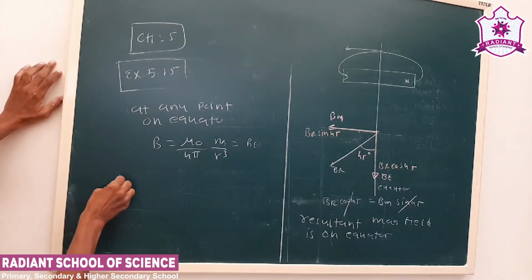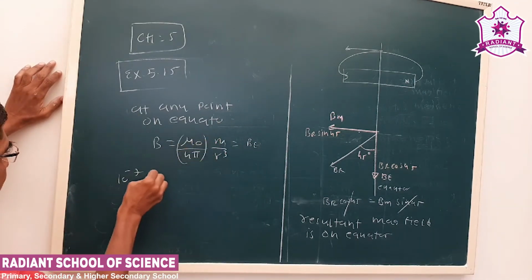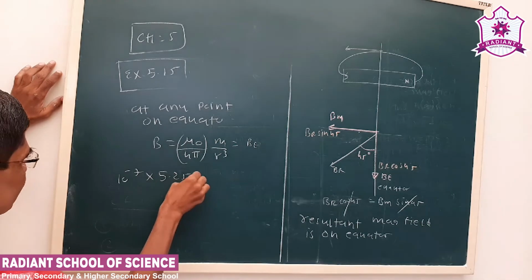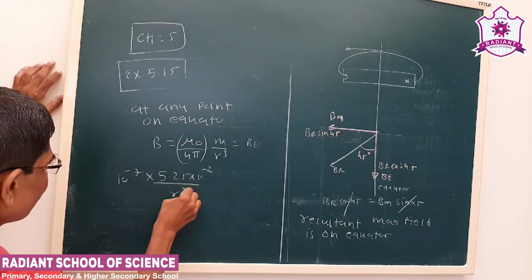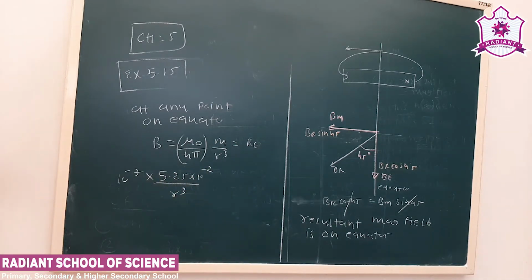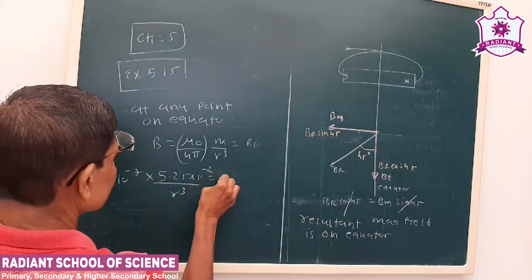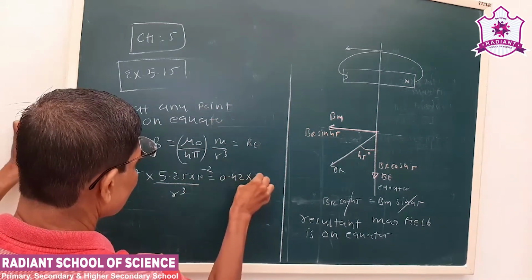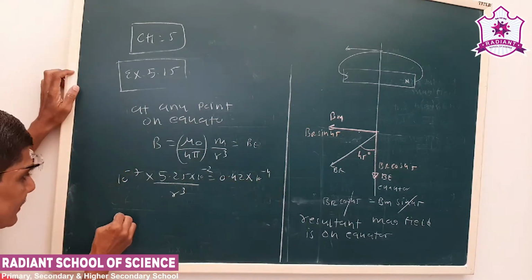Now 10 to minus 7, M is 5.25, r cube we have to find out. The total magnetic field is 0.42 Gauss, that is 10 to minus 4. So if I solve, r cube is